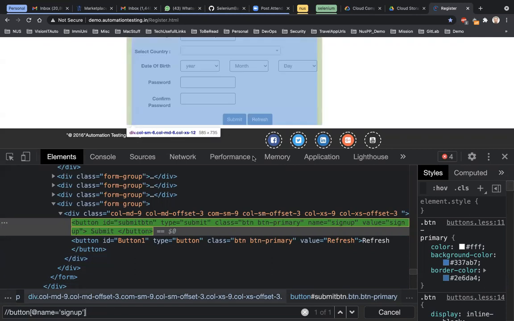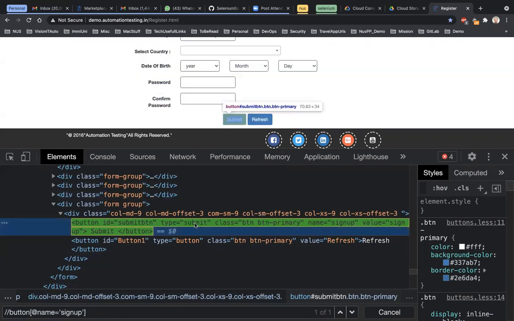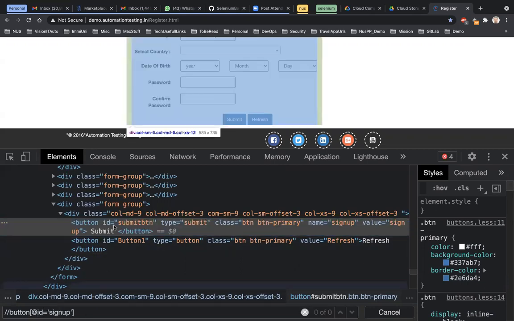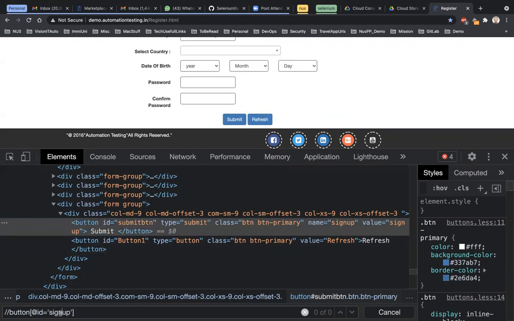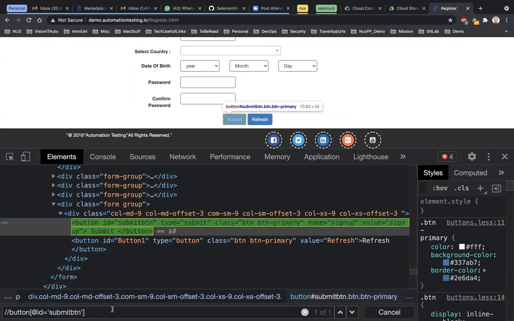So this is also you can use to identify it. You can also use type as submit, id as submit button, because it has an id also. You can use XPath with id to identify. This is also okay. This also can be done.